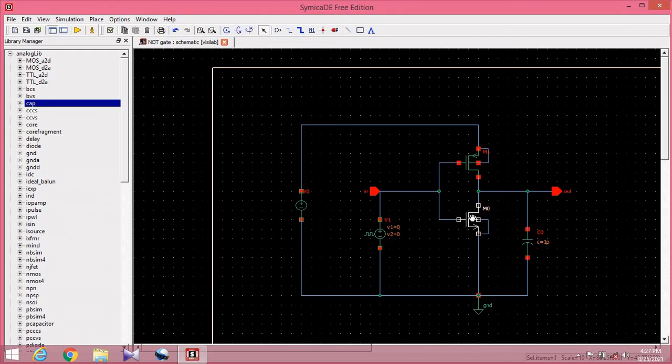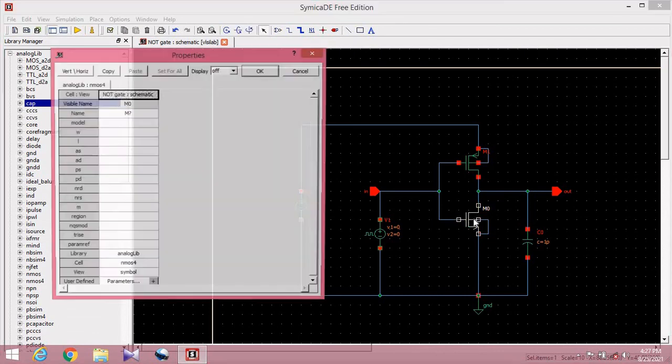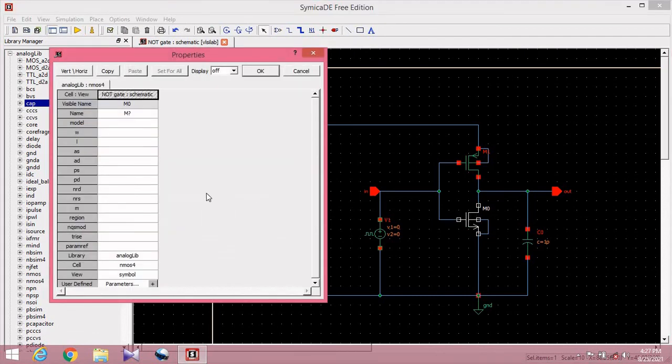Now we have to provide the W by L ratio of this transistor. If we use 180 nanometer technology, double click on this transistor symbol, and here we will take W by L equal to 2, so W is 360 nanometer and L is 180 nanometer.